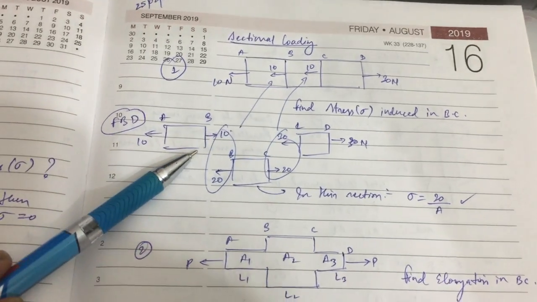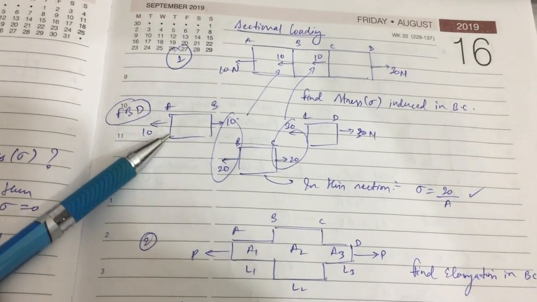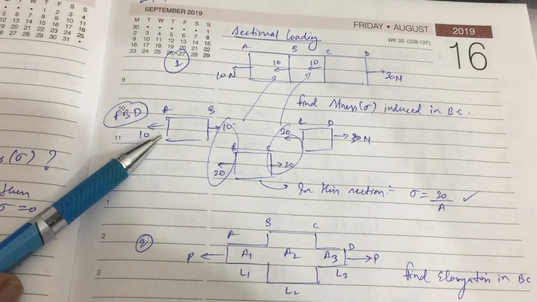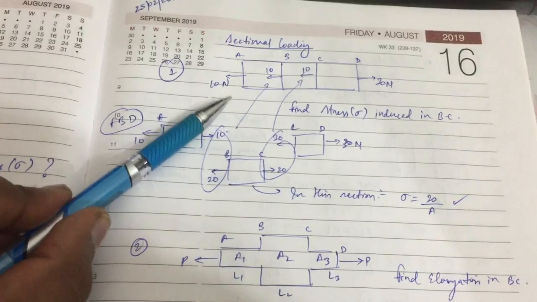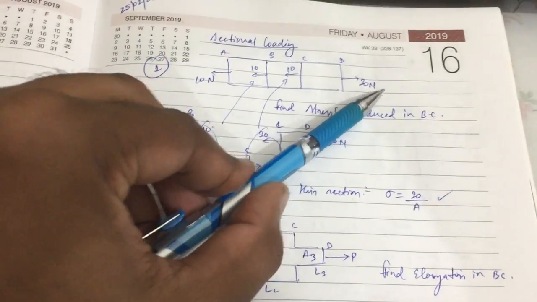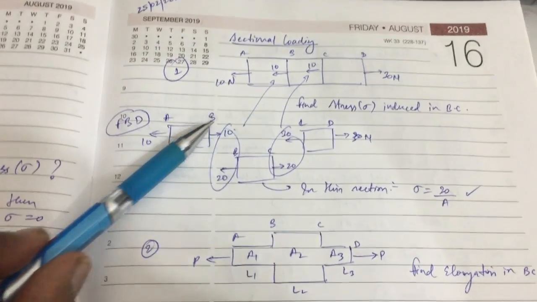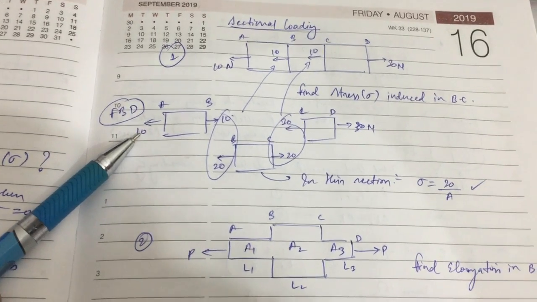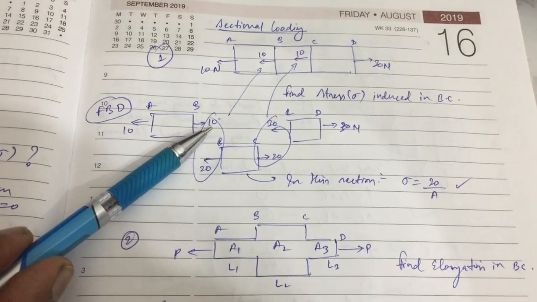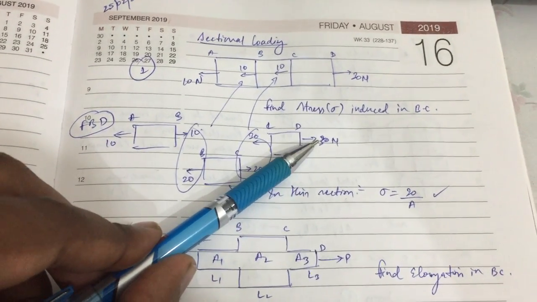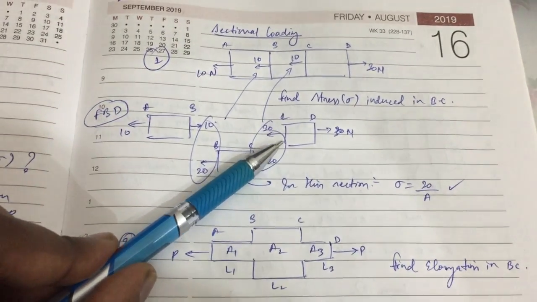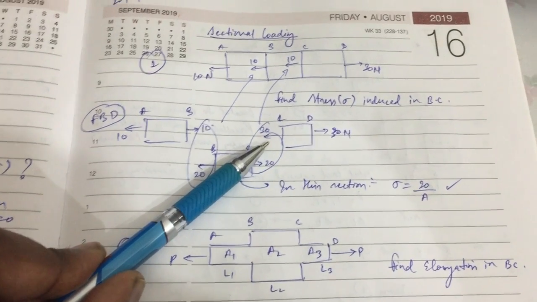For this, what we need to do is the free body diagram of the separate sections. We have to first place the diagram A, B, C, D, and start from the beginning and the end. For the AB section, as you can see, the outside load is 10 newtons, and the same will be induced on the other side as 10. And for this CD, the outside is 30 newtons, and in this section the same load will be induced,